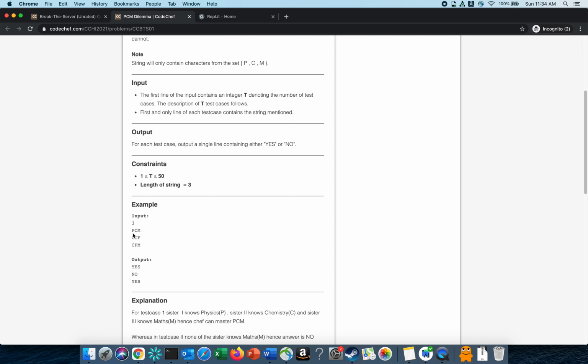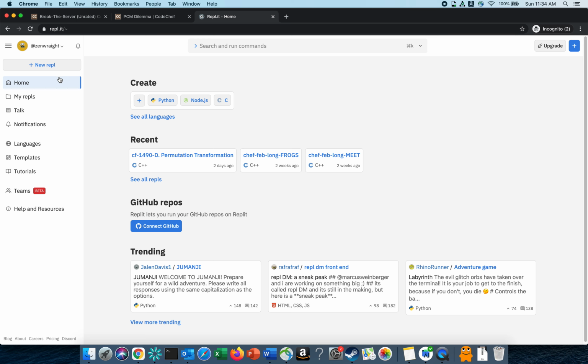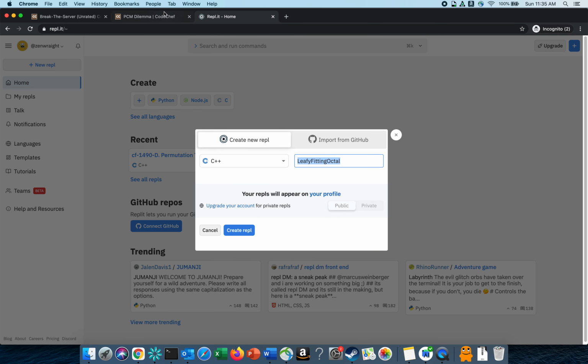So I think we can just iterate over the string, insert each character in a set, and check the size of the set. If it's 3, then the answer is yes, else it's no. I think it's pretty straightforward. I'll start with,